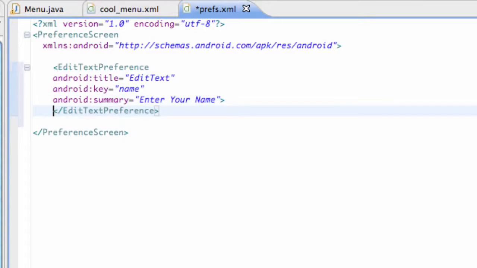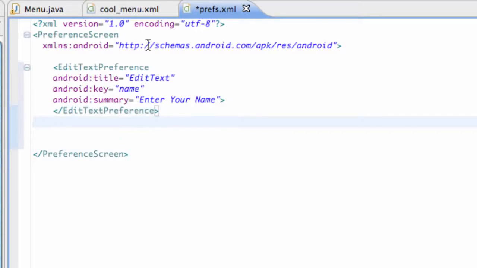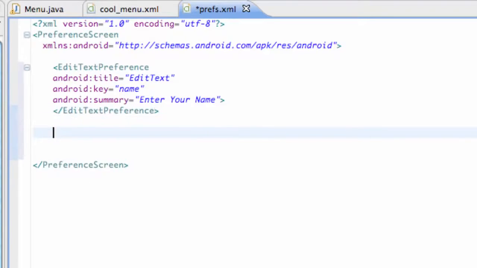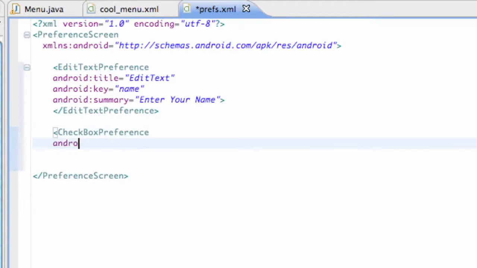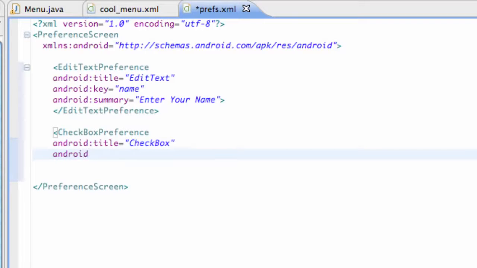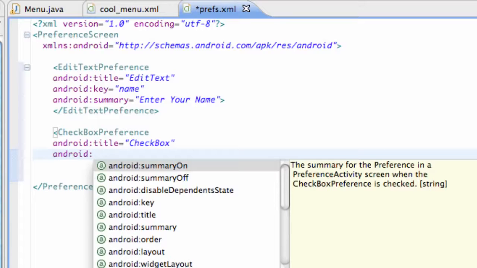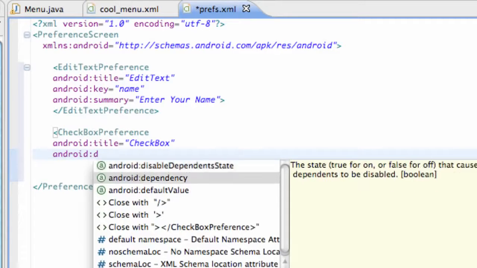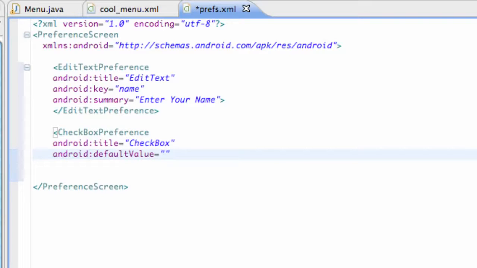Let's set up a new one. So let's go still within our preference overall thing, and then set up a checkbox. It's checkbox preference, and we're going to say again Android title checkbox, and Android, we can set this checkbox if we want it to be checked when it starts or unchecked. So we're going to say default value, which is what it's going to start as, and we can either set this to true or false. So we're going to say true,